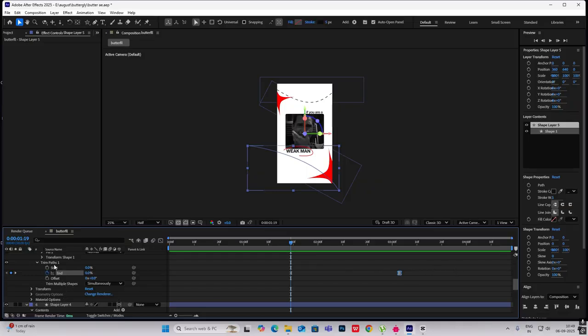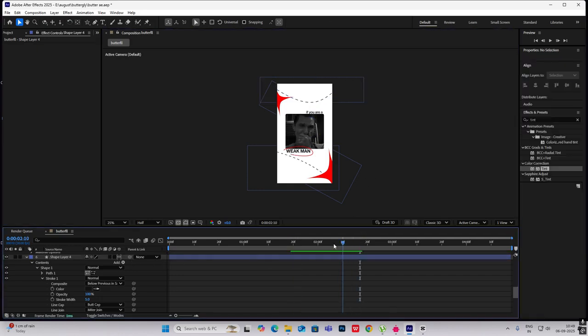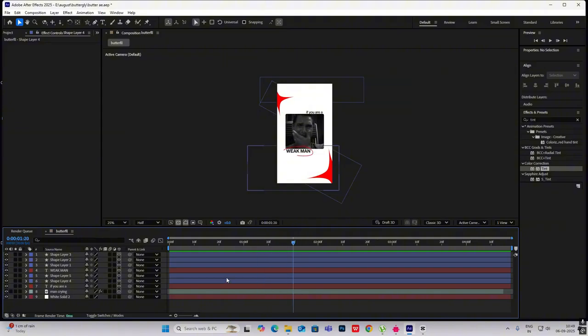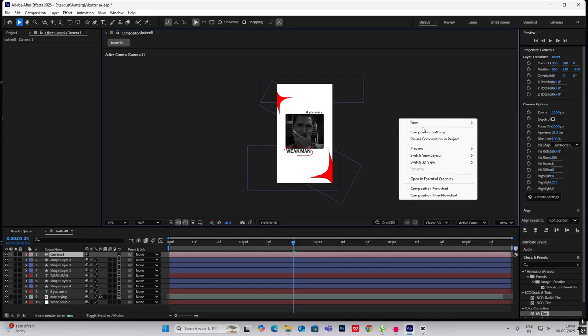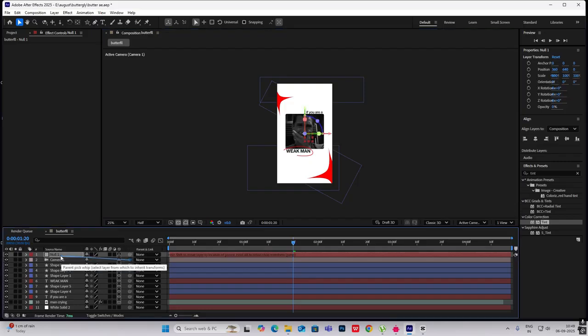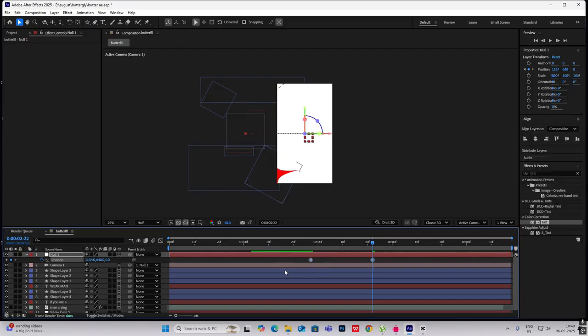Now I'll just have to copy this in paths and paste it here. Okay, so this animation is there and then these lines come on. Now what we have to do is simply move our frame. So I'll right click, camera, right click, null object, make it 3D, connect the camera to the null, and then after this frame is done, I'll click on the position keyframe, go ahead and drag this here, then at 9